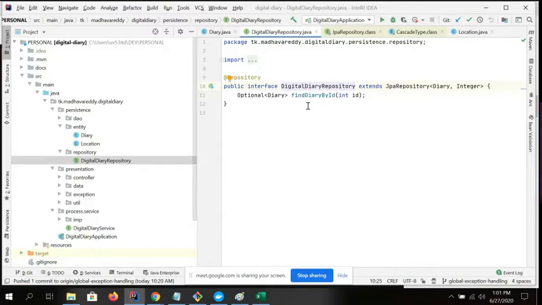How do we find that ID? While making the relationship in JPA repository, you have to specify only one thing: your master class and the master class ID, which type it belongs to, whether it is a unique ID as an integer, or a string, or something else.